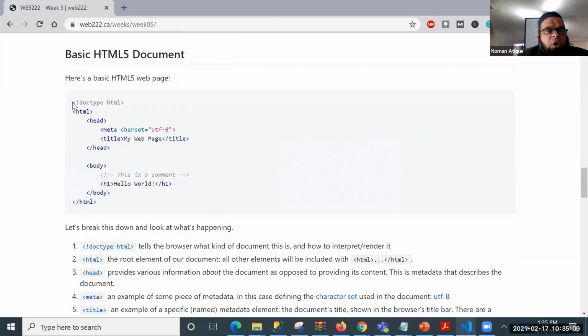And if you remember, we have talked about that there are multiple main sections in it. And the first one is, we said that it's not a tag or an element. It's basically a declaration of HTML5, that we are using HTML5. And then there are three main sections in our HTML document. The one is HTML and end HTML, that also is called the root element of the HTML document.